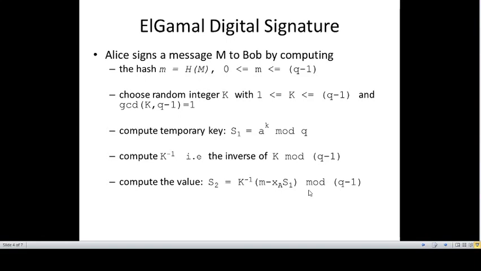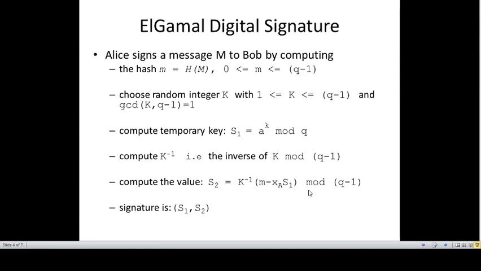Now you need to verify it. So what did we do here? I'll just revise it quickly. First you selected one prime integer and then the primitive root of that prime number, that is Q and A. Then you selected the secret integer XA. Based on that you calculated the public key YA. After that, for the message you need to sign, you calculated the digest, then took a random integer, calculated S1 as the first piece, took the inverse of that random integer, and then calculated S2. So S1 and S2 are the signature that is finally generated.